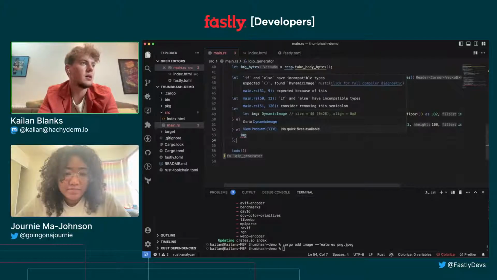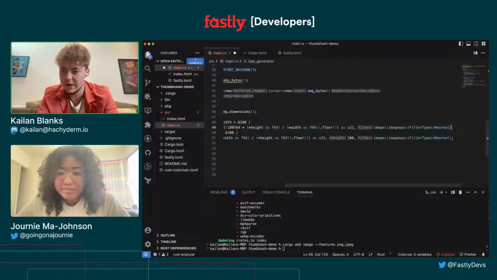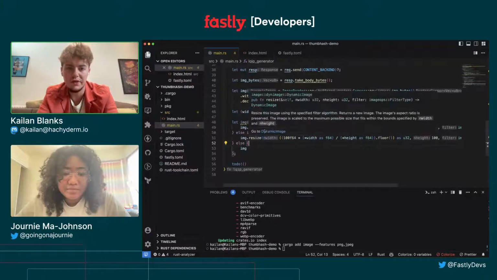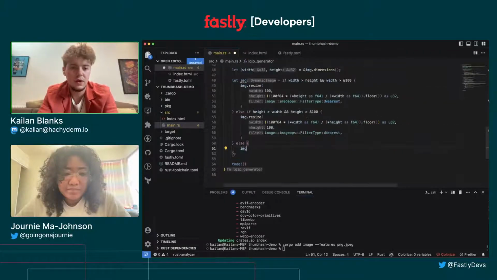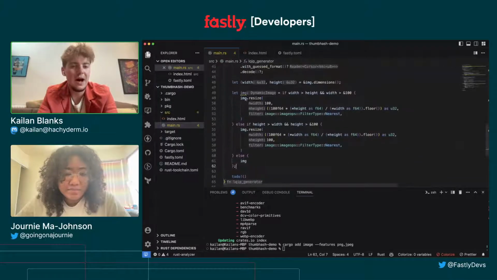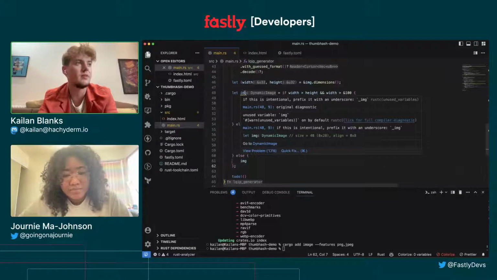Oh yeah, I've put a semicolon on the end of here. We want to return the image, the new image. Resize actually returns a new image. I will format that so it's a little easier to read. So at this point, we now have an image in memory that is less than 100 pixels on both dimensions,